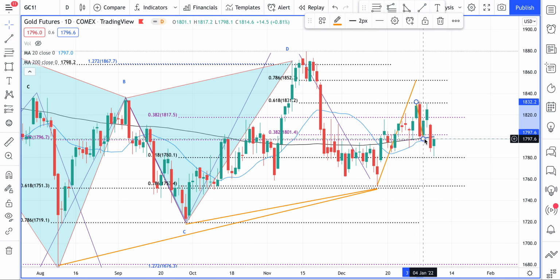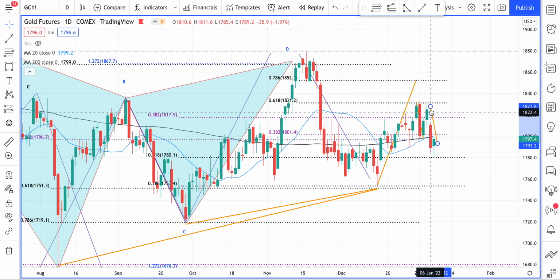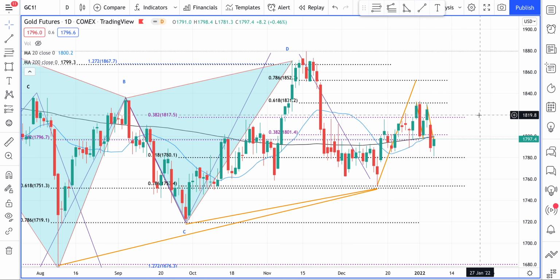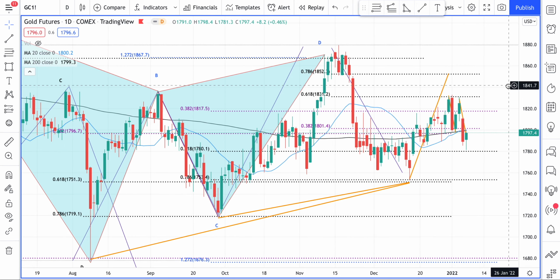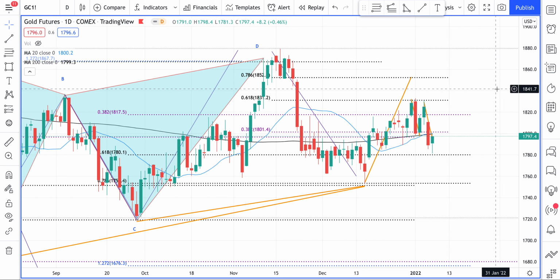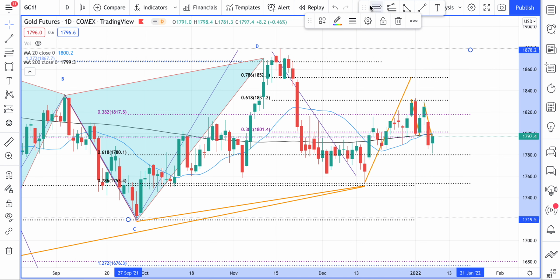So what we see is it's actually more than the 1-to-1. It's probably around 1.618. We can have a look at the 240-minute chart. But before that, what we see is actually